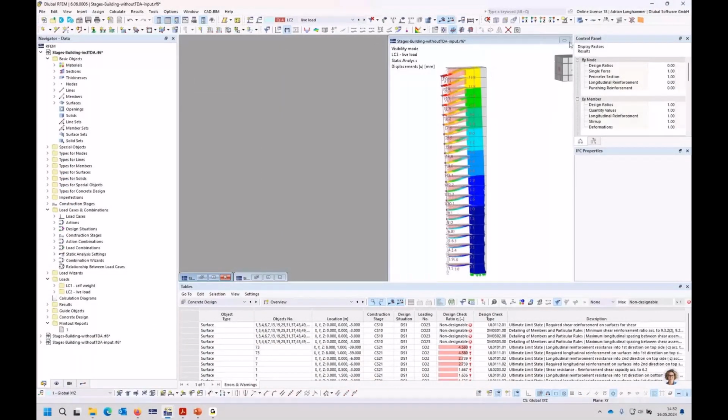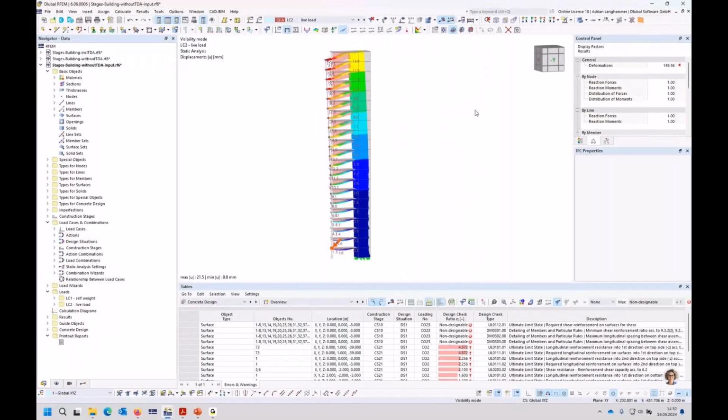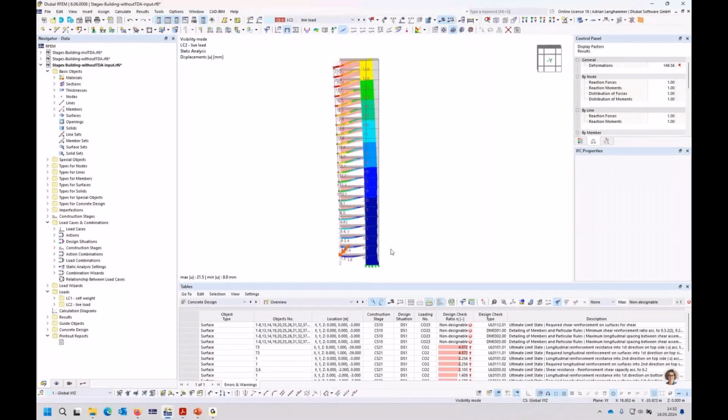This is something which is already defined. This is exactly the same example like we've shown in the first construction stages webinar. So if you want to know about the background or about the input of the construction stages for this example, you could have a look at the first construction stages webinar, which you find on our homepage. Here I would like to add to the existing structure with the construction stages the input for the TDA,